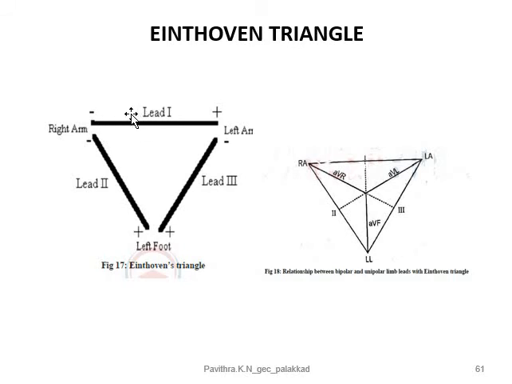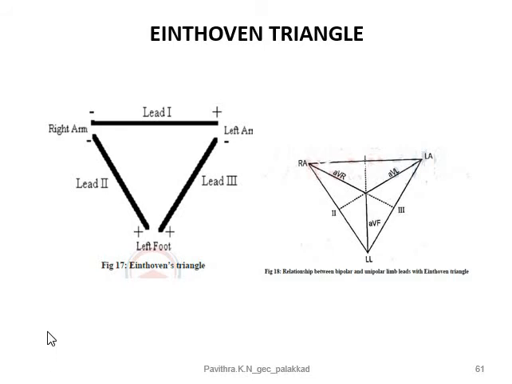Okay, here you can see lead 1. This branch is lead 1, and this side is lead 2. This is lead 3. This end is negative, and at this position we have written right arm, and here this end is positive, and in lead 3 this end is negative. So here left arm. Similarly here positive, and here left foot. So here you can see lead 1. The lead 1 connections were from right arm and left arm. Okay, so right arm is connected to negative and left arm is connected to positive in case of lead 1.